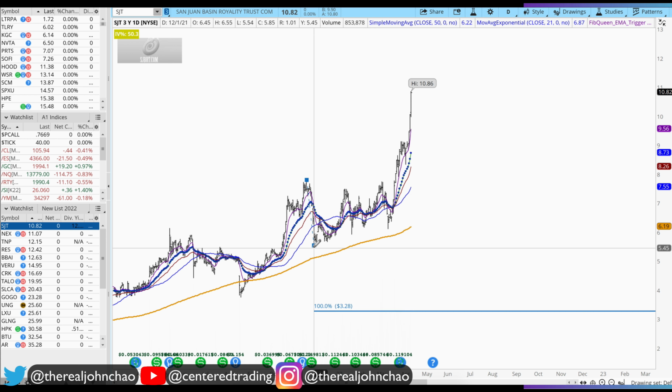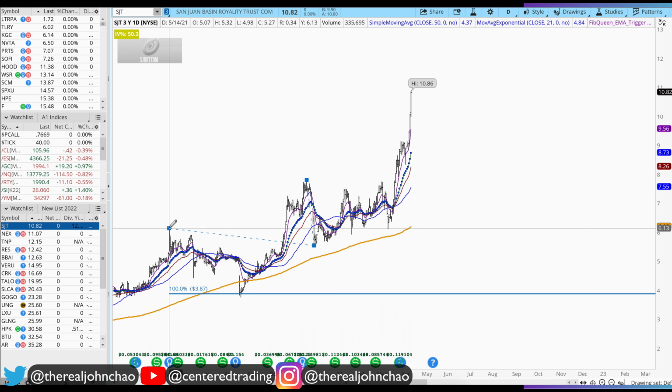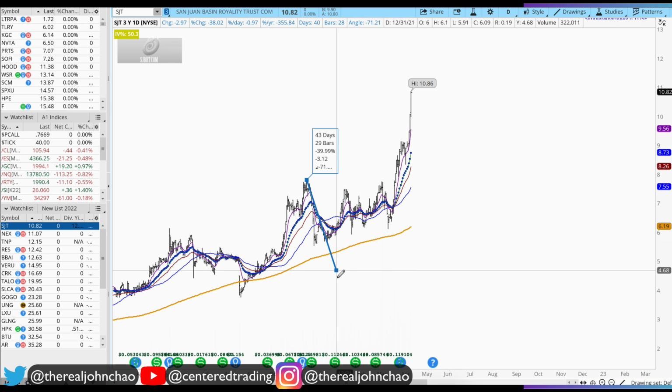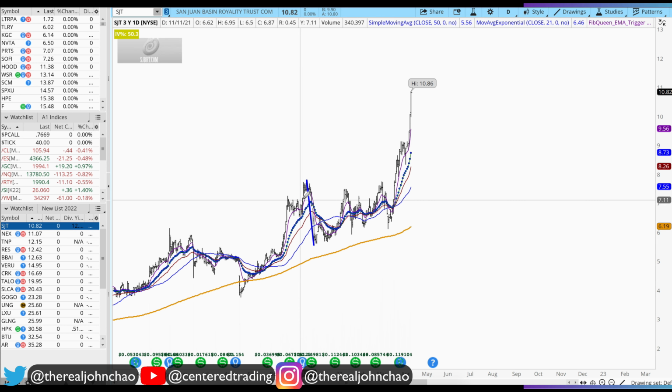What I'm going to do, I'm going to walk it backwards. A lot of people can talk about this. I'm going to look at how these pullbacks match up to other pullbacks in the chart's history. Over here, we have a pullback over here. Very, very similar. If I were to use this trend line right here, that pivot high to pivot low, this pullback right here,